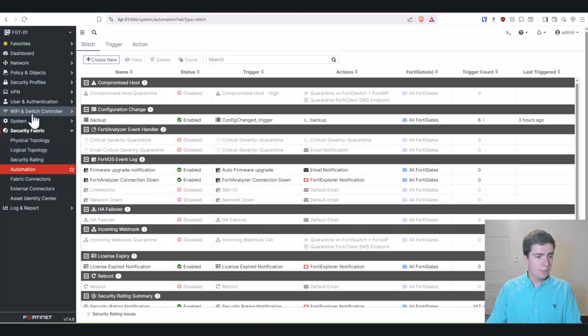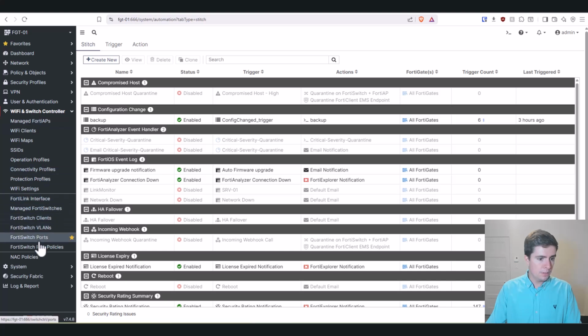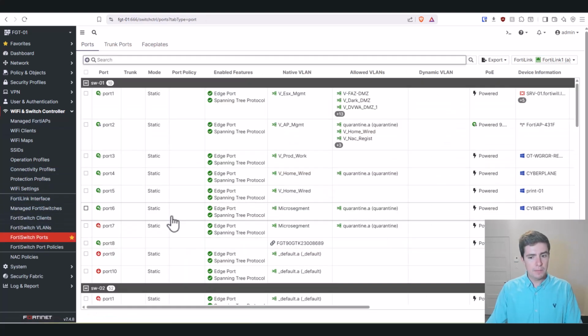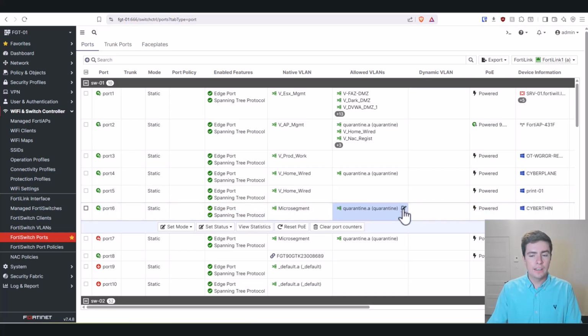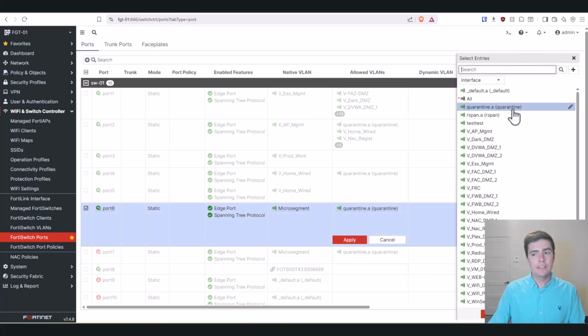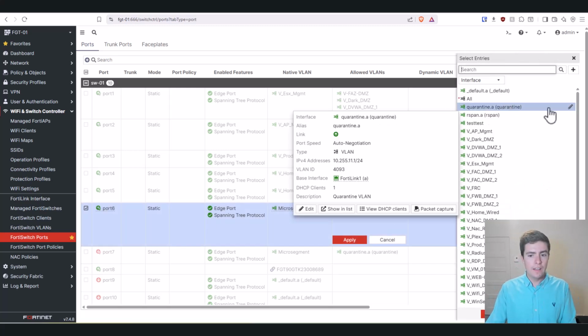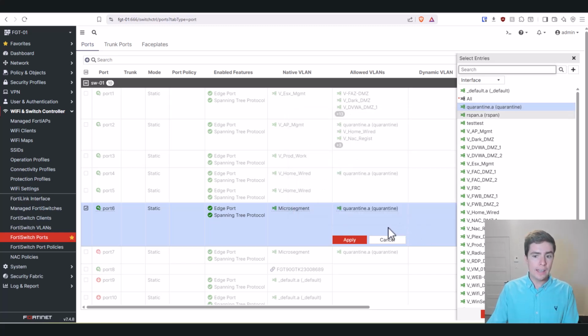Then we have to make sure that the switch ports are properly configured. In my case, it's port number 6. So this is my untagged VLAN. This is the VLAN it's on. And you see here, I have to tag the quarantine VLAN. And what is this VLAN? This VLAN is automatically created by FortiLink when we manage a FortiSwitch. So I just select the default VLAN and I have to tag it so that the FortiGate can use it